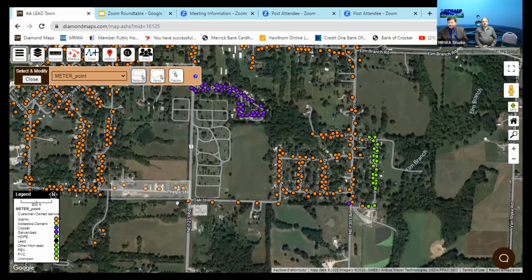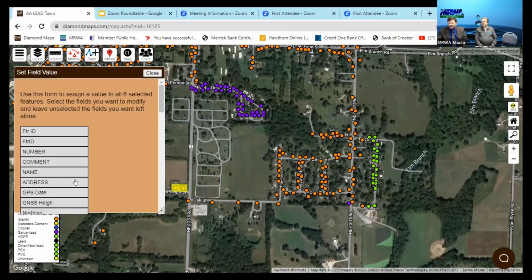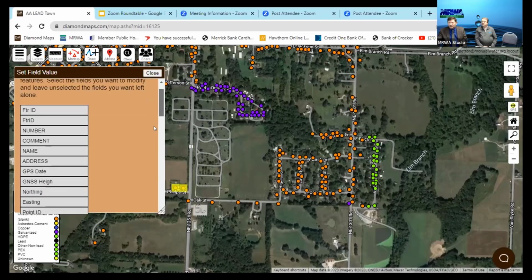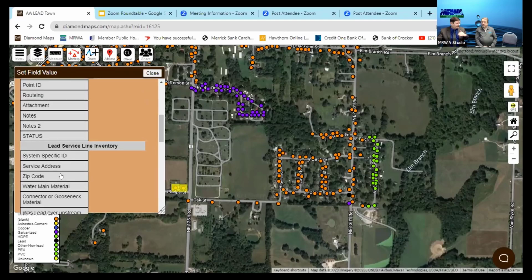Instead of doing line by line, it doesn't matter if it's 5 houses or 55 houses or 500 houses. It's all the same thing. We're going to set the field value on these. We could run down through this entire list, but y'all have done that for the last 2 hours. I'm not going to go over this list. But I want to show you what will happen.